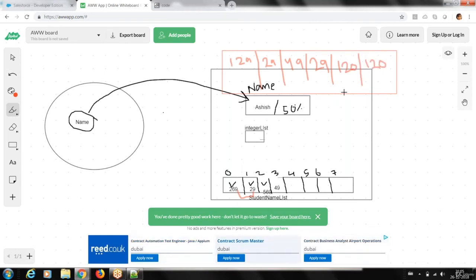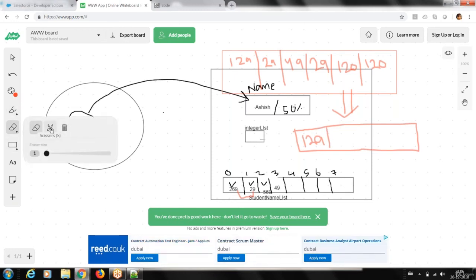But if this collection were automatically sorted, what would happen? I have this collection and I entered 129, it's there. Next time you enter 29, the system will keep 29 in this place and 129 in this place. Same way, if you try to enter 129 again, it will check where to store.